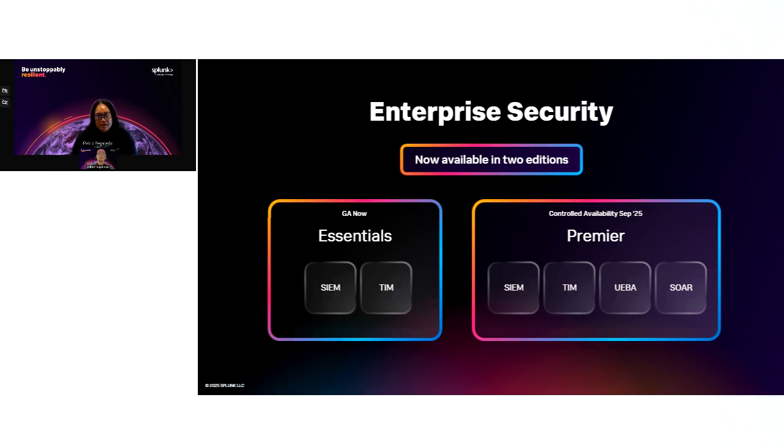I will also highlight here that Enterprise Security Premier is bringing together SOAR for the entire SOC. What that means is that if you think about in the past, customers have often limited SOAR to just a subset of users. That left a lot of analysts without access to tools that could dramatically improve their efficiency. So now with ES Premier, SOAR is embedded directly in enterprise security and is now available to everyone, all the analysts in the SOC. Today, ES Premier is in controlled